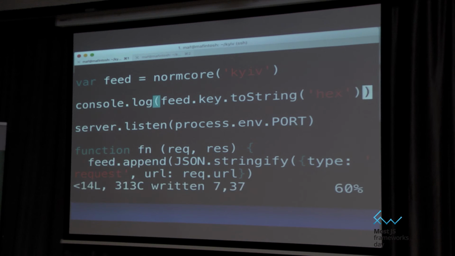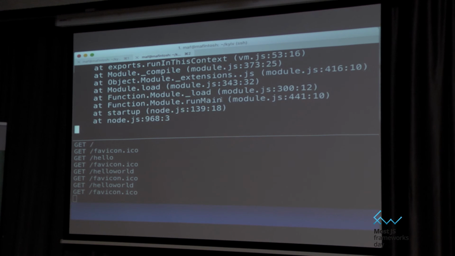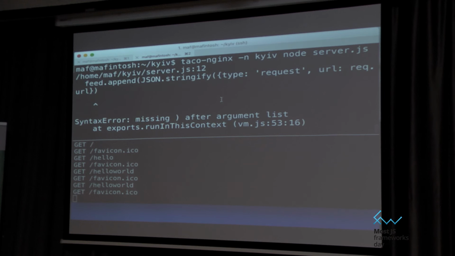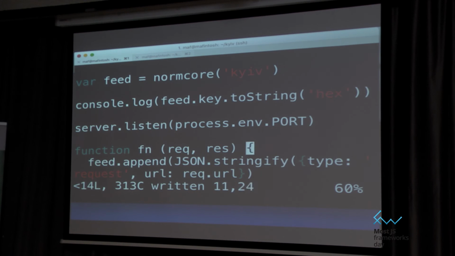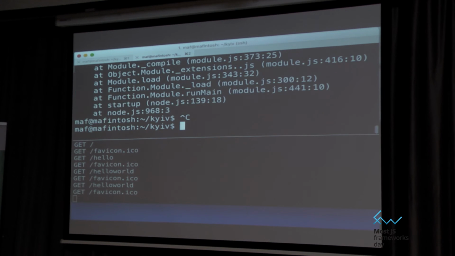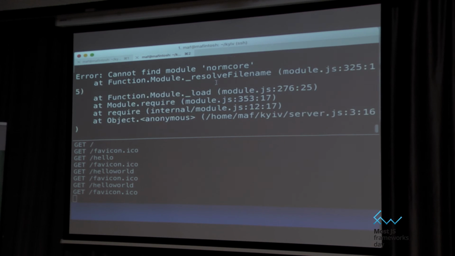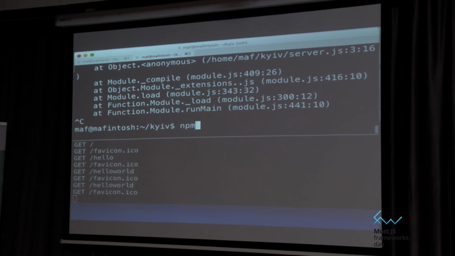Missing a parenthesis. Hardest thing about writing JavaScript. More parentheses. Oh, dang. Let's try now. Oh, more parentheses? Okay, I need to install it also, that's fine.